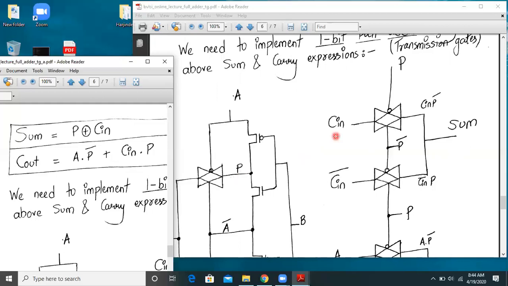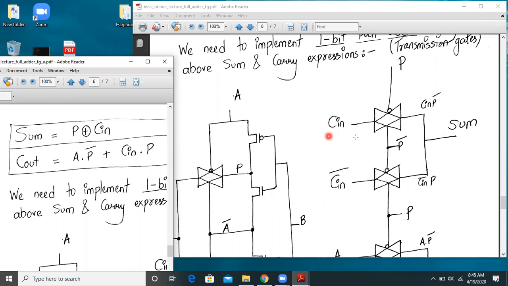We have to adjust Cin to it. So let us look into it. My expression of sum is P XOR Cin. So what does P XOR Cin mean? P XOR Cin means it will be Cin into P bar plus Cin bar into P.